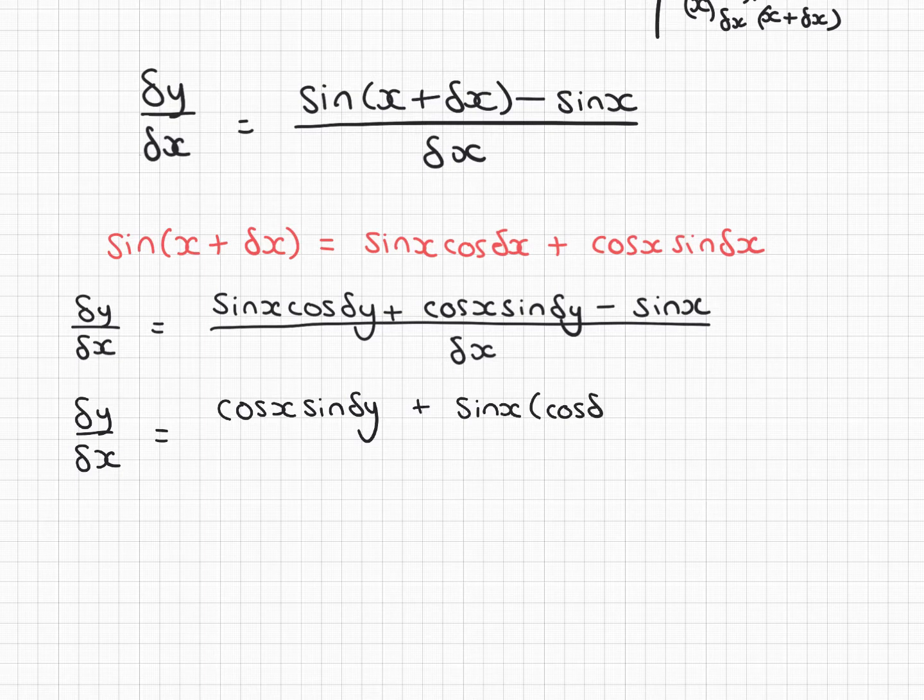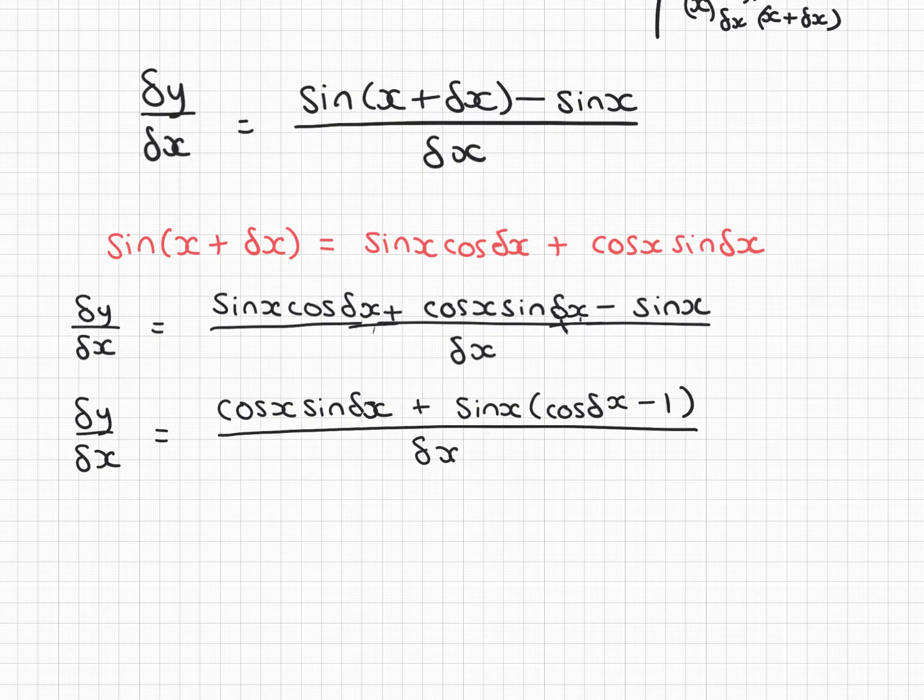Sorry, they should all be delta x's, these should all be x's, not y's. So I'm going to have cos x sine delta x plus sine x, cos delta x minus 1,